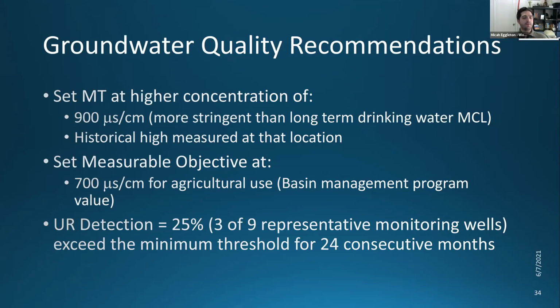Oh, I was just saying that some of the other basins in the Sacramento Valley use these or similar thresholds. Because we don't have a lot of historical data to back up setting these thresholds specifically in our basin, the historical record just isn't there, we're utilizing coordination among subbasins in the general area to help us set these thresholds.